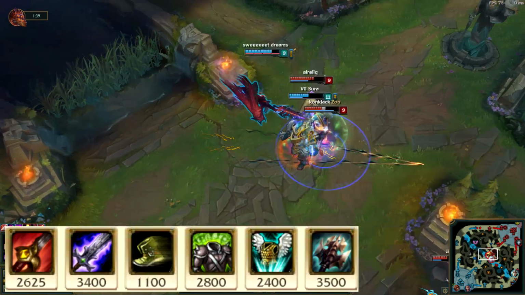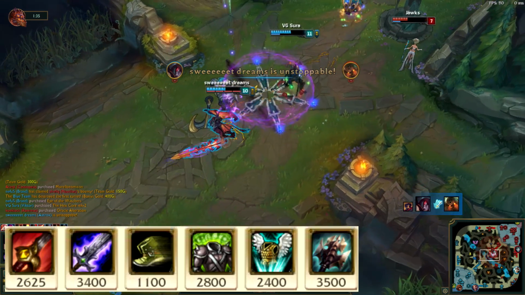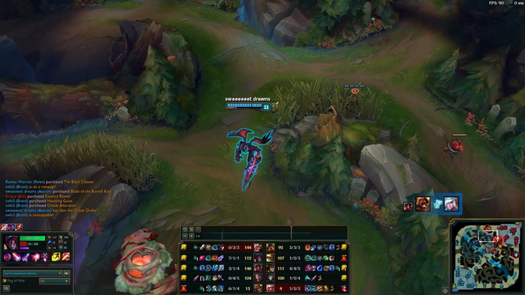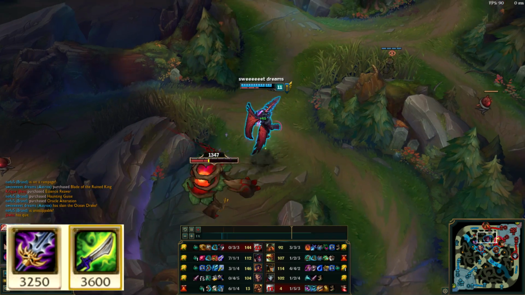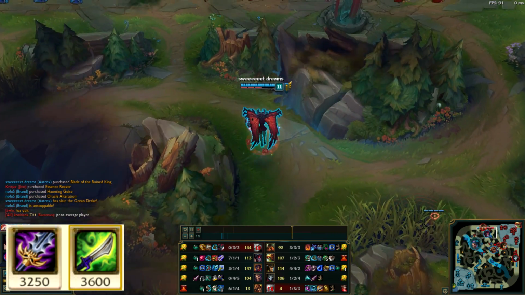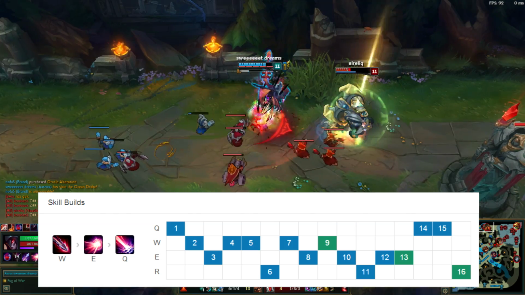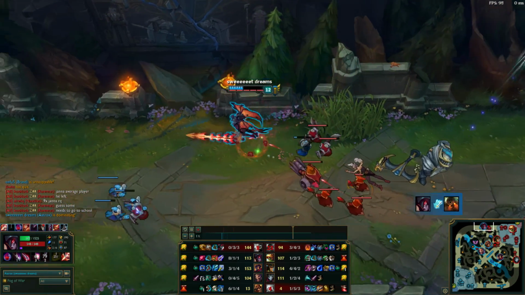An example of a final build would be Bloodrazor, Blade of the Ruined King, Ninja Tabi, Spirit Visage, Guardian Angel, and Titanic Hydra. Other items that he may consider that I haven't mentioned before would be Maw of Malmortius against heavy burst AP team comps, or Mercurial Scimitar if he feels like he needs that QSS. Now onto his skill order. He starts Q, then W, then E at level 3, maxes W first, E second, Q third, and his ultimate whenever